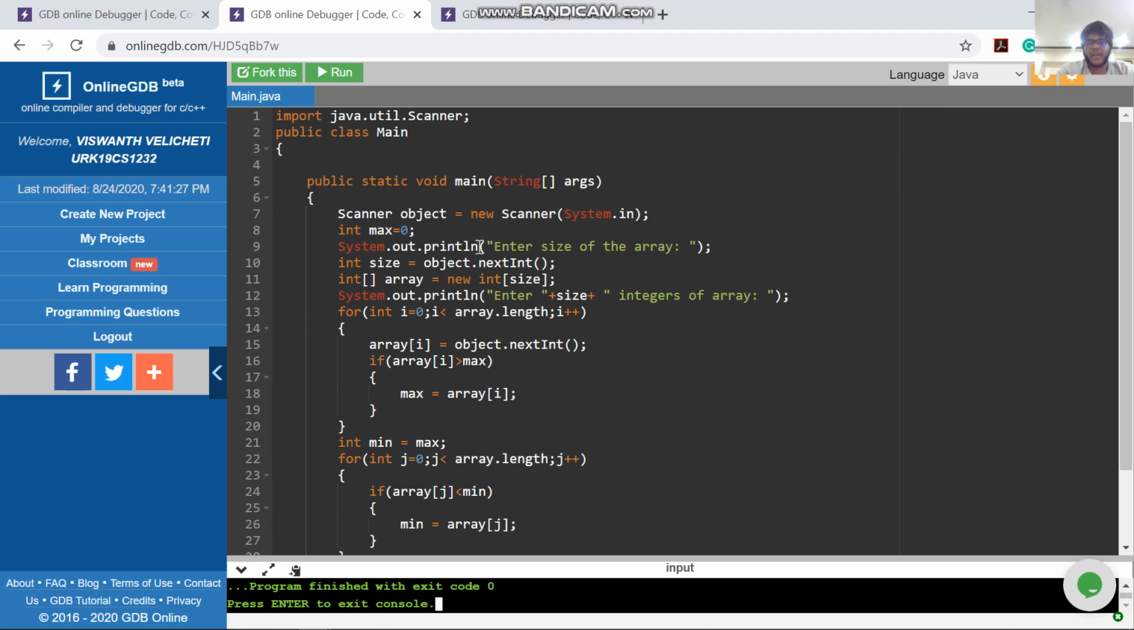"Enter size of the array"); int size = object.nextInt(); int array[] = new int[size]; System.out.println("Enter " + size + " integers of array"); for (int i = 0; i < array.length; i++) { array[i] = object.nextInt(); if array[i] greater than